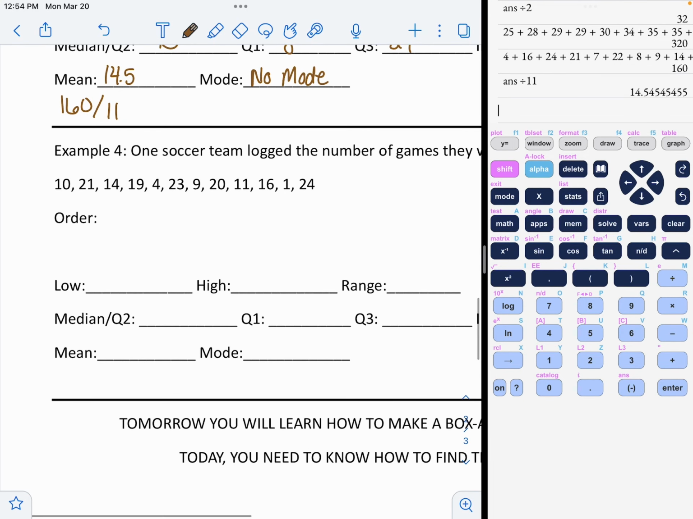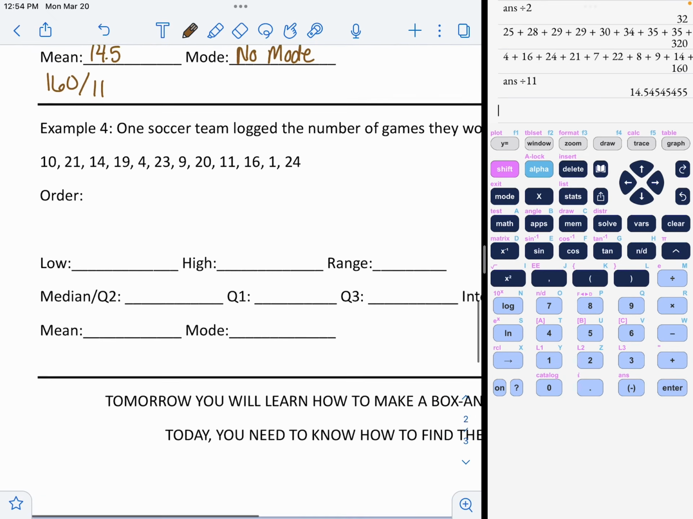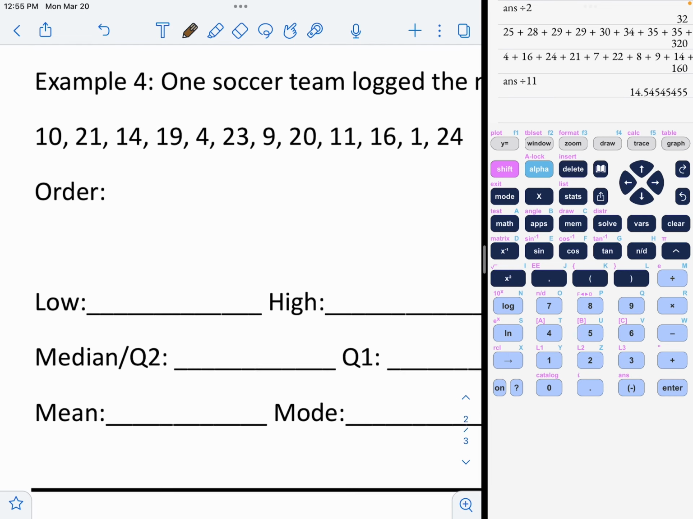Last one, okay? A soccer team logged the number of games that they won over 12 seasons. So this represents 12 different seasons and the games that they won in those seasons. And of course, not an error. Oh my gosh. Oh, that poor team. They had a season where they only won 1 game. I shouldn't laugh. That's not nice. That's really sad, actually. Then 4,